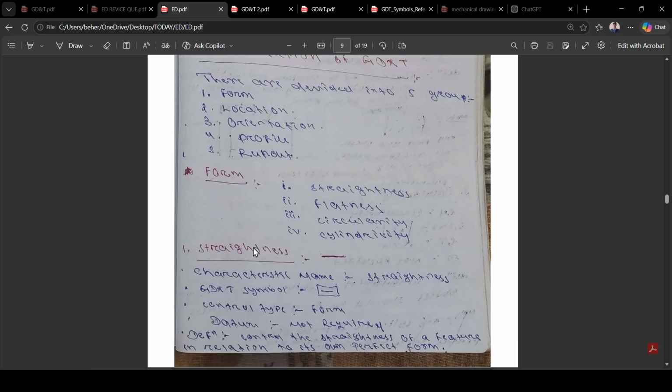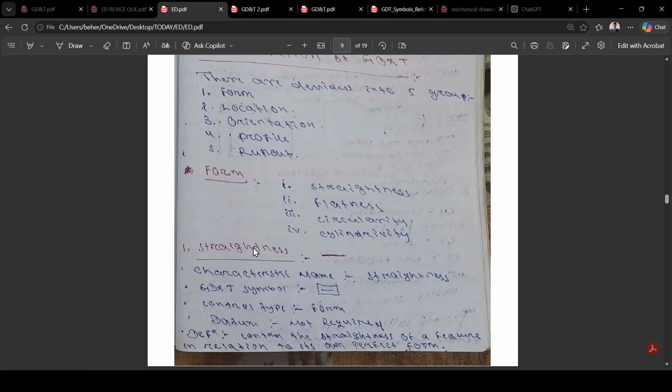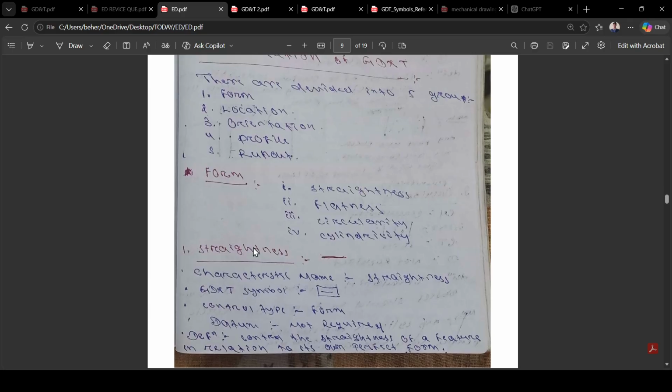Then the classification of GD&T. It is divided into five groups: form, location, orientation, profile, runout. The first one is form tolerance: straightness, flatness,